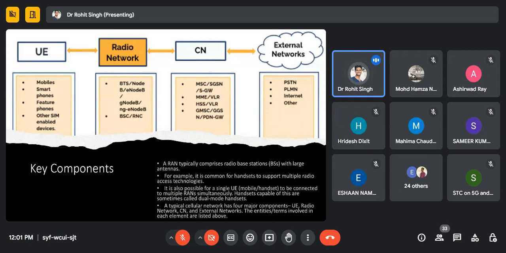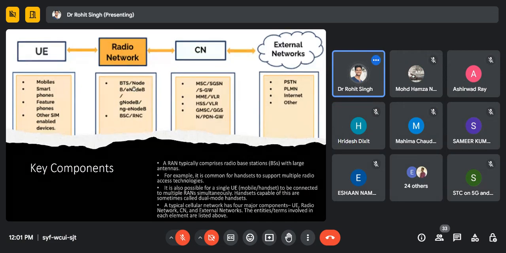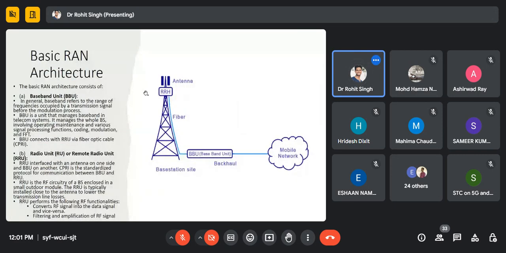the base station, your transmission antennas. E node B, G node B are the names for the base transceiver station only, but in the different generations they have evolved. So this is one of the basic RAN architectures. At one antenna, what you can see at the base station, we could only see the antennas. But in addition to antennas, the base station also consists of